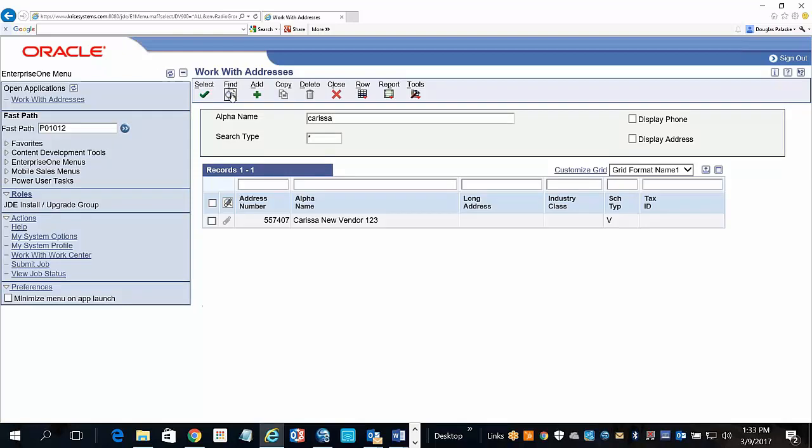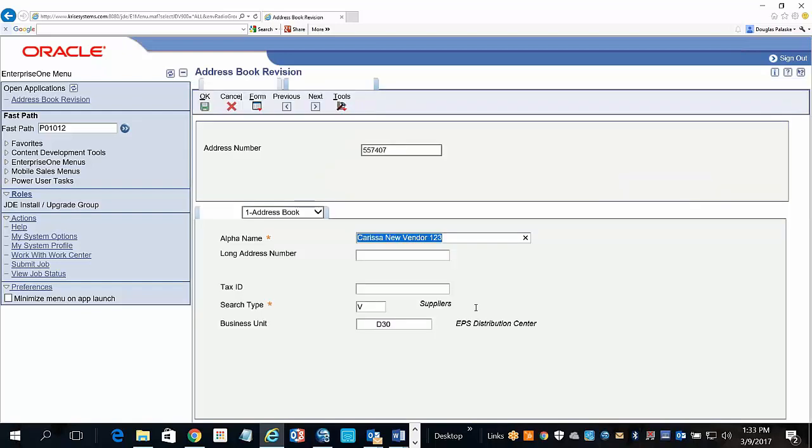Do Carissa, do a find. There it is, the 557407. So if I do a select on that,